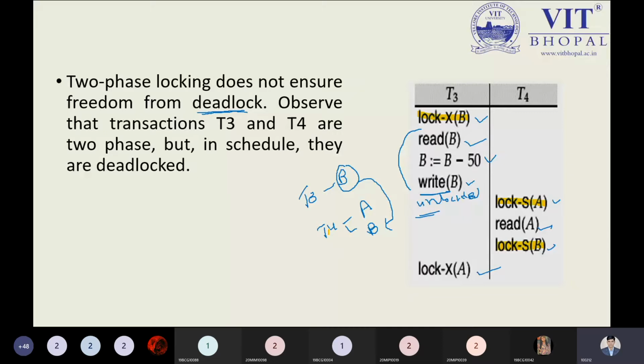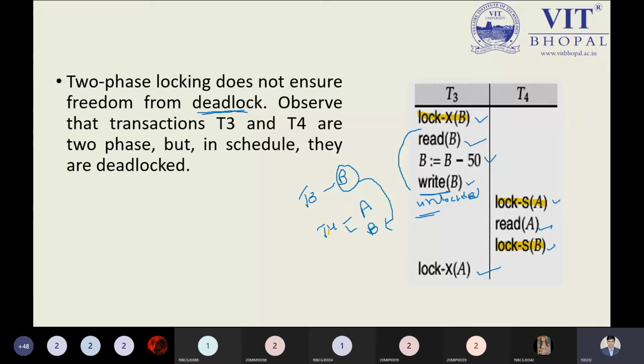Suppose you want to withdraw some amount from the ATM card, and suddenly you got a message due to some technical issues. So what will you do? A few things are not in your hand. So you will leave it, and after some days, 2 days, or maybe after some hours, we can get our data, or our information can be rolled back. So two-phase locking does not ensure freedom from the deadlock.